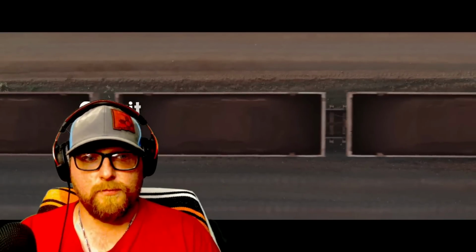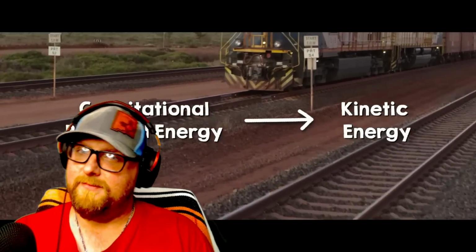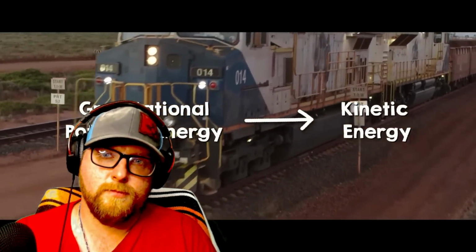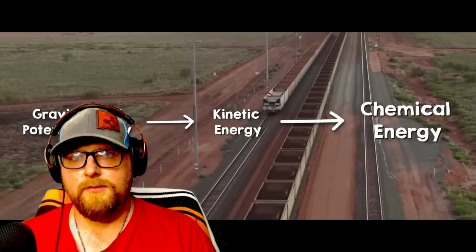Instead of using a ropeway, the Infinity Train stores energy on board instead. Like the old-timey ropeways, the Infinity Train converts gravitational potential energy that's stored in the mass of the iron ore, sitting at some height above sea level, into kinetic energy of the moving train. But then the difference to the ropeway is that in the Infinity Train, regenerative braking converts that kinetic energy into chemical energy that's stored in batteries on the train. You may have first-hand experience of regenerative braking if you drive an electric vehicle, or in fact, if you travel a lot on electric or diesel electric trains, which commonly use the technology these days. The way it works is that during braking, the electric...